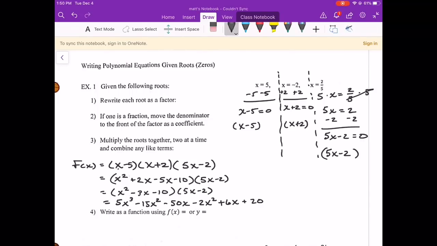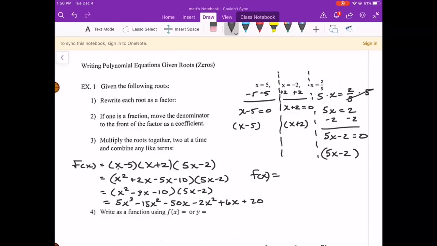So now my final step is to put this in standard form, meaning combine like terms and arrange the terms from the highest power down to the lowest power in descending order. So my highest power here is x to the third. Are there any other x to the third terms? There are not. So 5